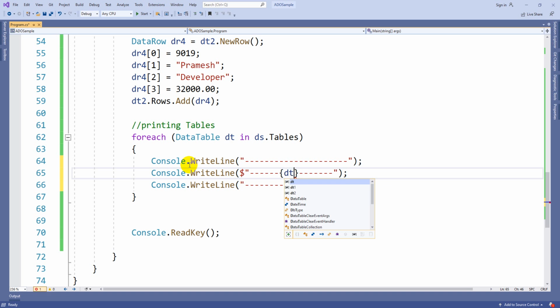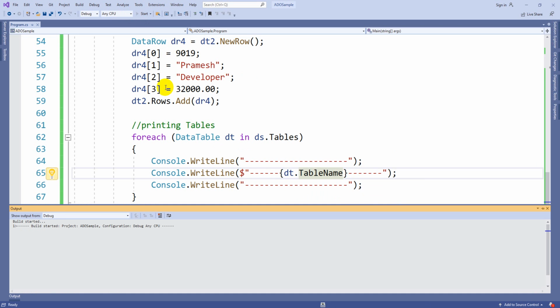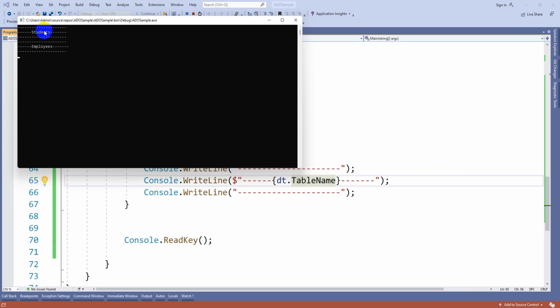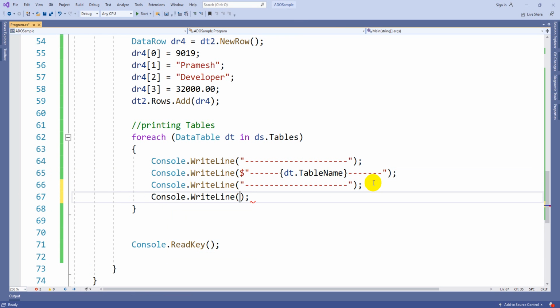So here dt.TableName, then you will get 2 tables one after another. I'm just executing this. You will get the students table, after that the employees table. You can add an empty WriteLine. So you got the table name.